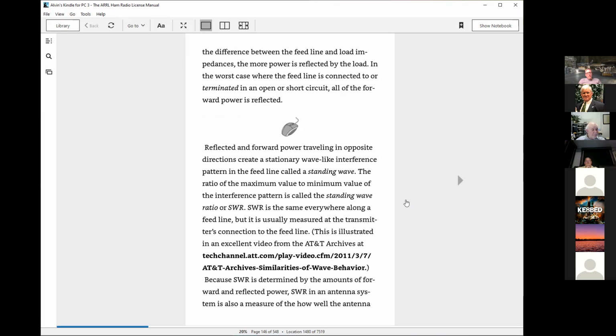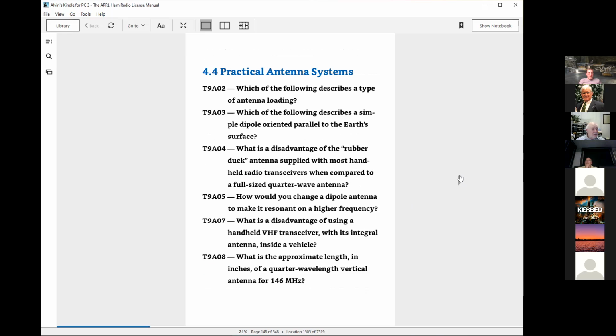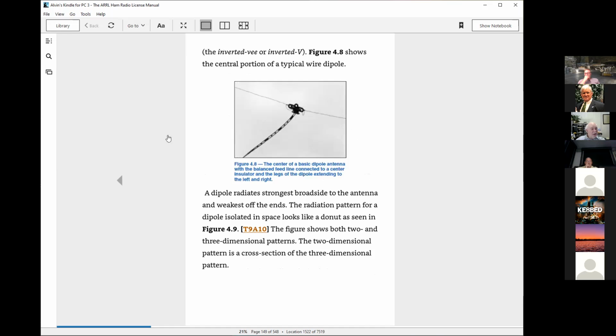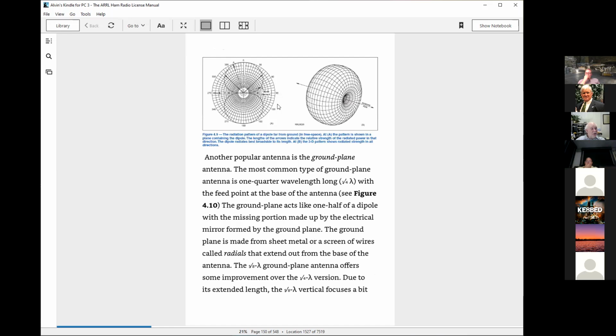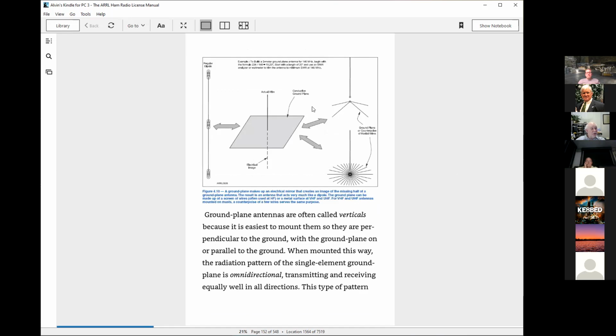Okay. Antenna systems. Okay. Dipole, I have something similar as a center insulator. Okay, here's your dipole radiation pattern, broadside. Now, okay, here's the ground plane, or here's the